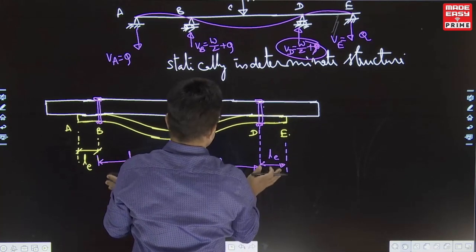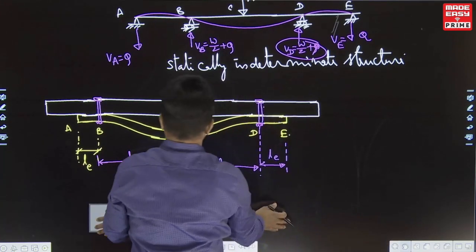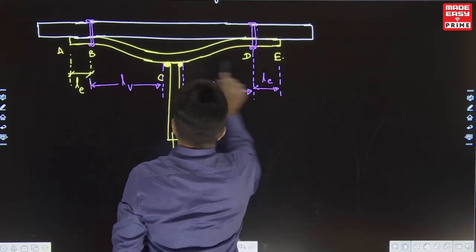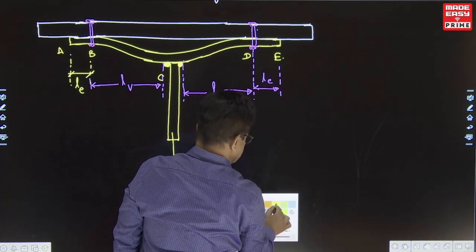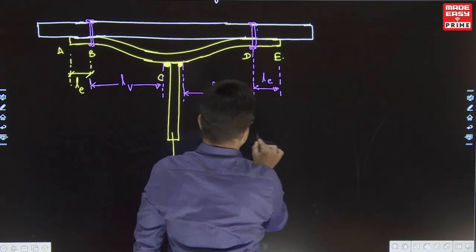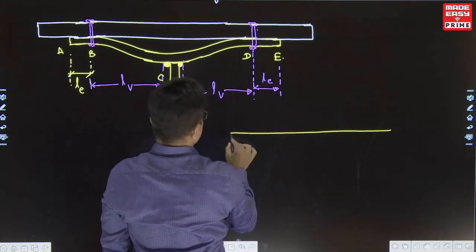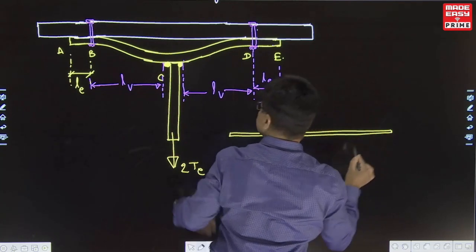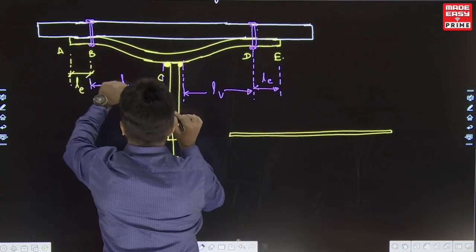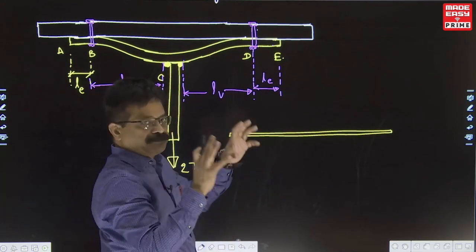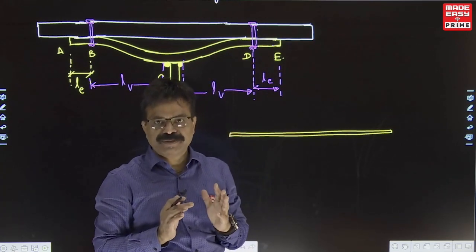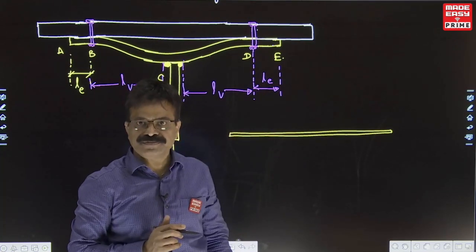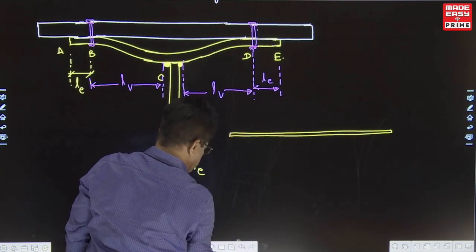If we draw the free body diagram of this one, A, B, C, D, E, it now looks like this. Only the yellow color plate we are drawing. This is the free body diagram of the yellow color plate. Straight line I am showing. VA. Now, the free body diagram of any member is the diagram of a body on which we have to show what others are doing. So now here there is a downward force Q.